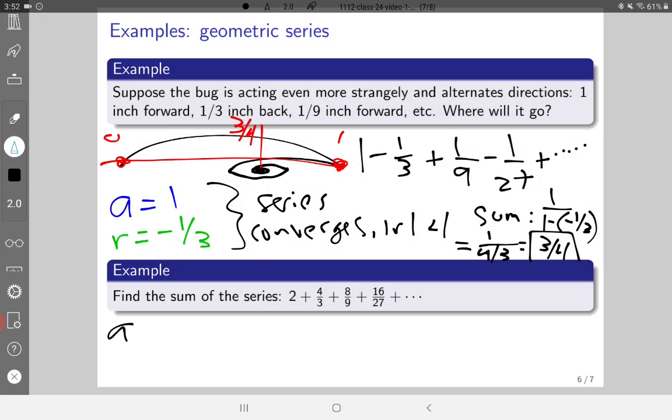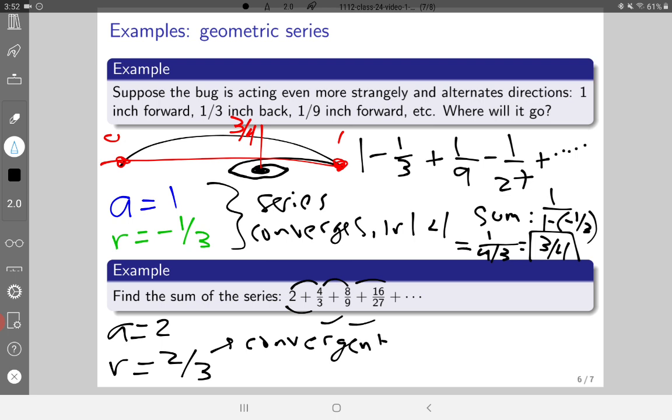Okay, I hope you recognize that this is geometric, where a, the beginning term, is 2, and r, the multiplicative ratio value, is 2/3, because each time I multiply by 2 in the top and 3 in the bottom, and that's where the 2/3 is coming from. So that tells me right away that this series is convergent, because r is smaller than 1 in absolute value,